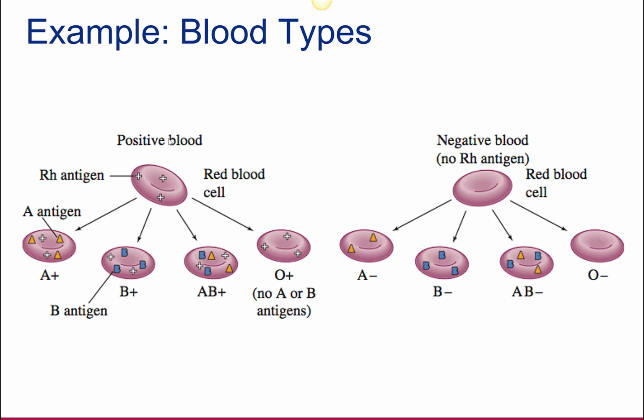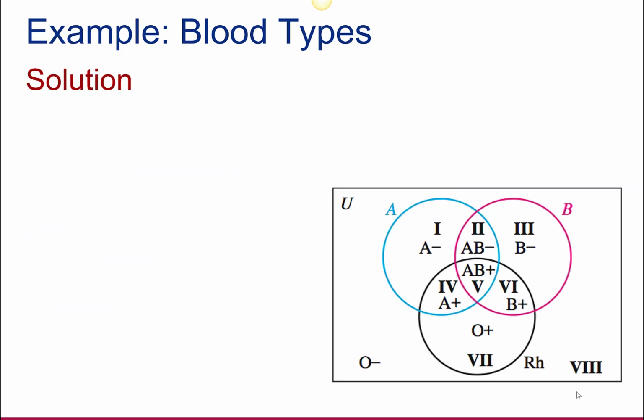So if we look over here, these are the Rh positive bloods, and we have A positive, B positive, AB positive, and O positive. And then on the Rh negative, we have A negative, B negative, AB negative, and O negative. So we have 8 blood types, and remember in our 3-set Venn diagram, there's 8 regions. And so here's how the sets would go. So if this is set A, blood type A, this is set B for blood type B,